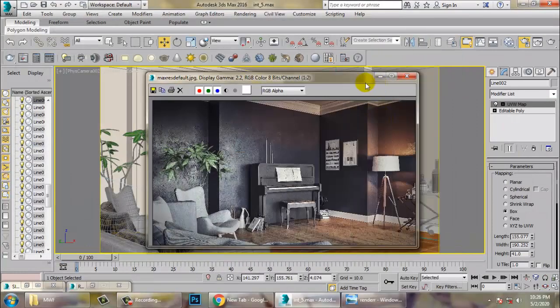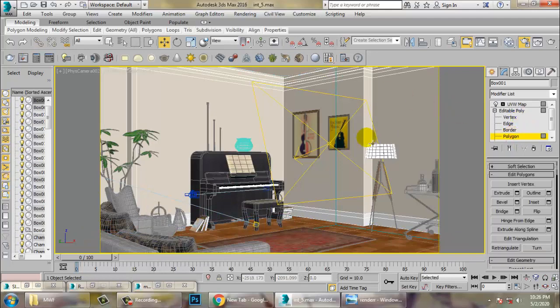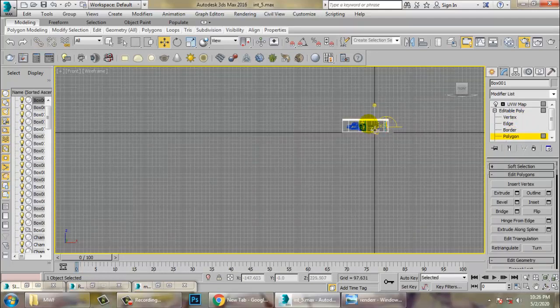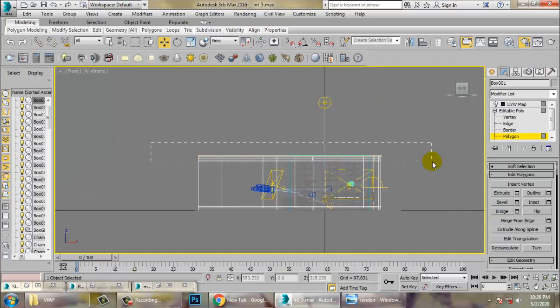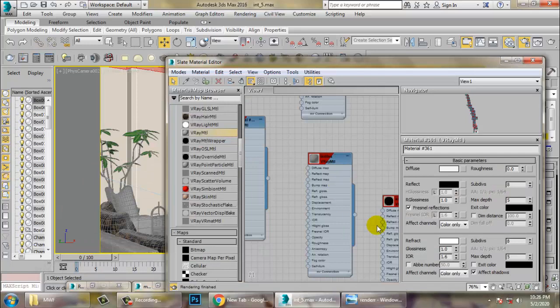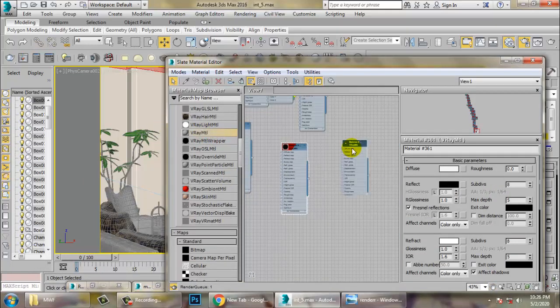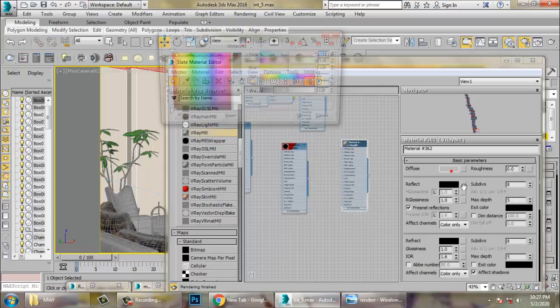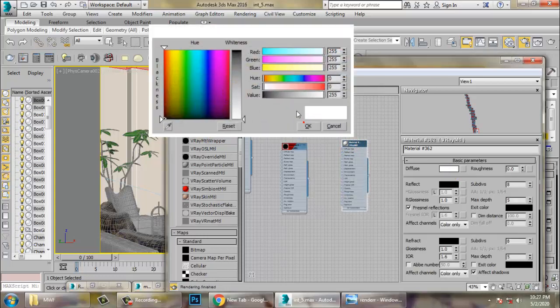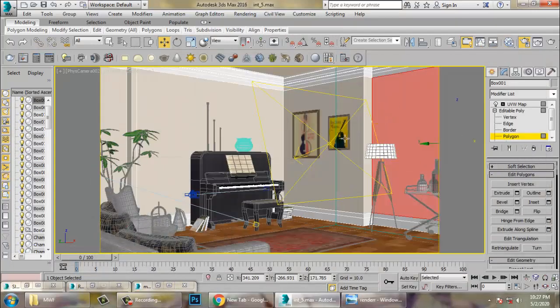Alright, so if you want, you can make this white in color. So I'll take one V-Ray material and give a white color to it, same as we have given this over here. So this is fine over here. Okay.